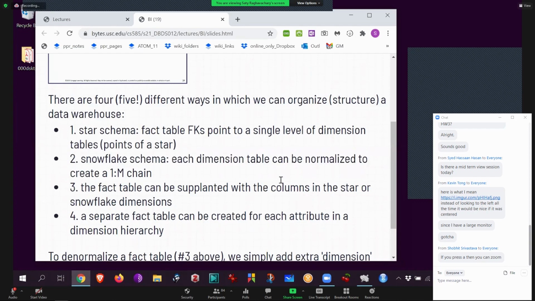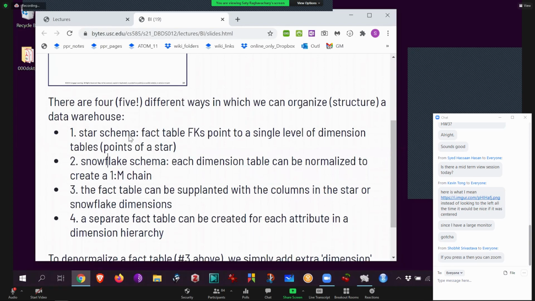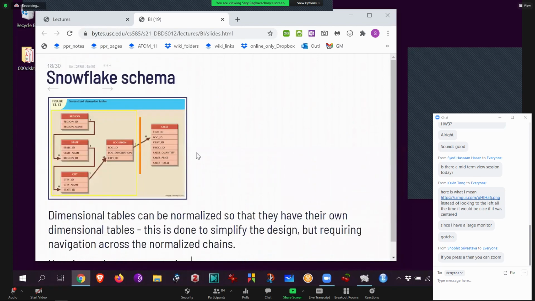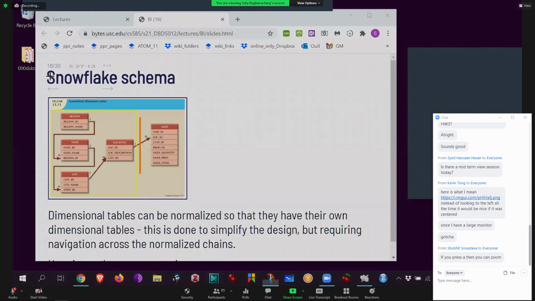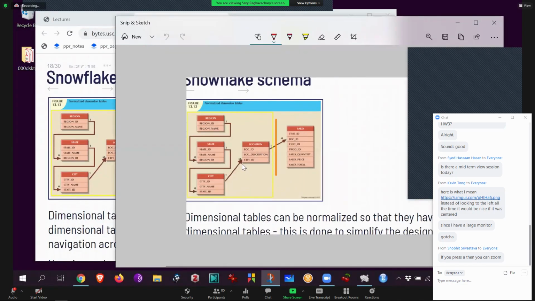The third way you can organize this information is, I brought this up last time, I don't know if you remember, you don't need the star or the snowflake. You can throw both of those away. Instead, you can take all the information that you meant to keep in the star or the snowflake and put it all right here. So I think I drew the diagram, so I'm going to do it again. So what I mean is, imagine there was no snowflake or the star. That's what you can do. So you can add extra information right here, in here.